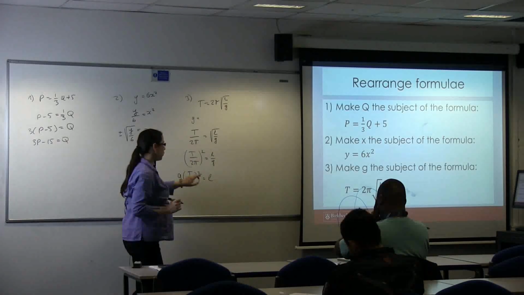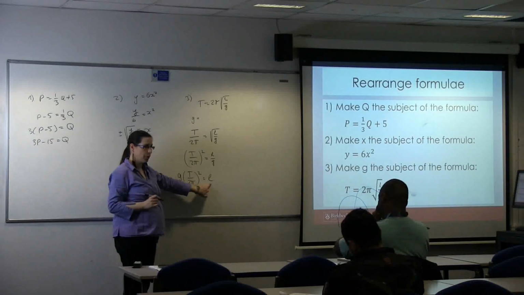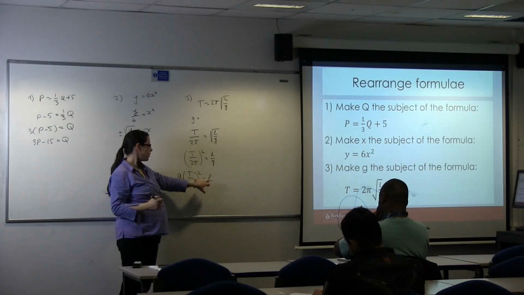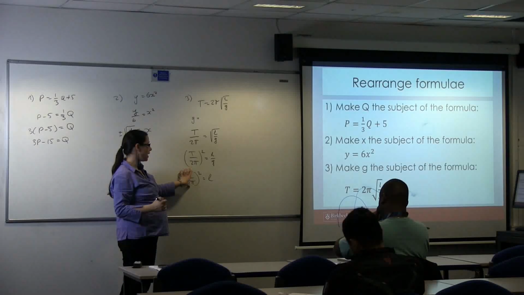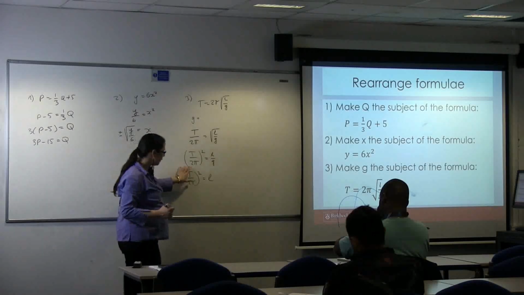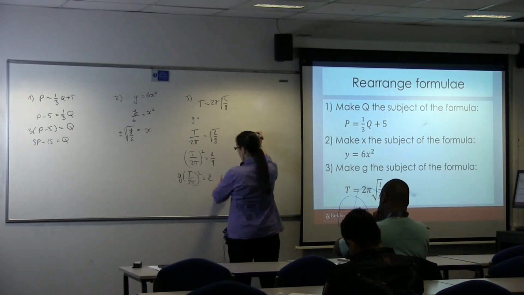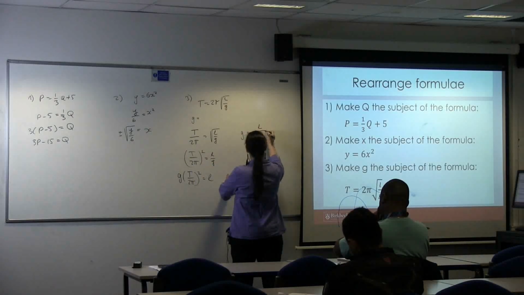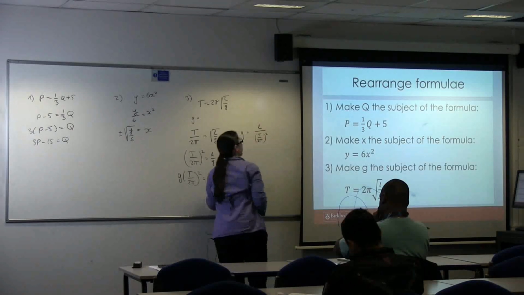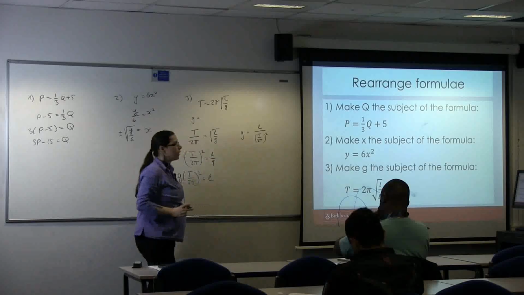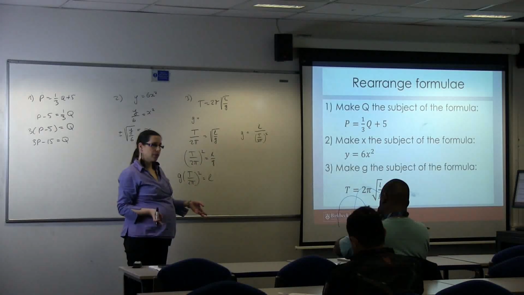But in this way, I have got L as the subject of the formula, so I haven't finished yet, because I need to remove all this from this side. So what I can do, I can divide down by this. So G will be equal to L over T over 2 pi squared. I can leave it like this,